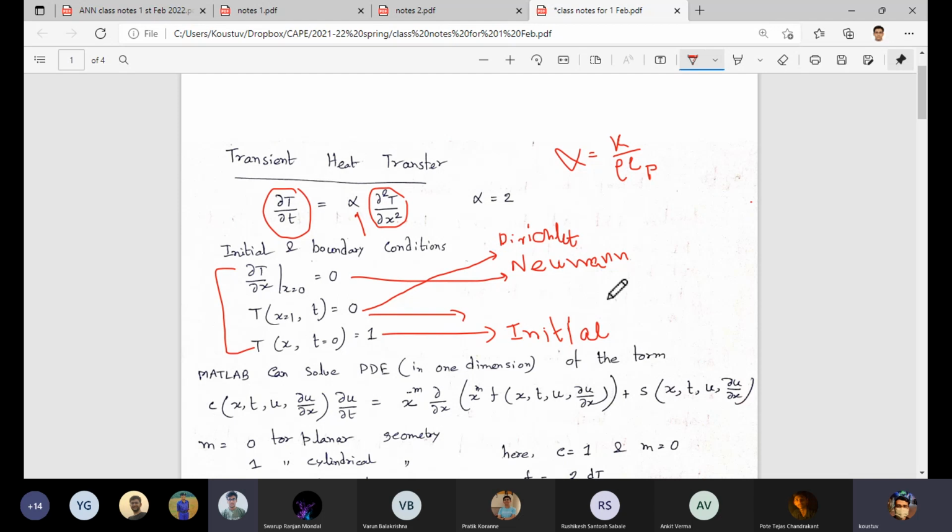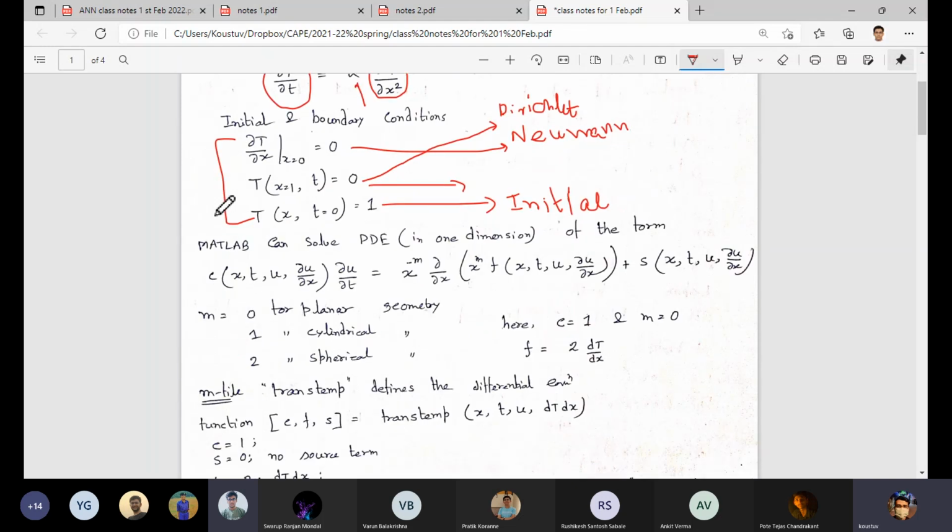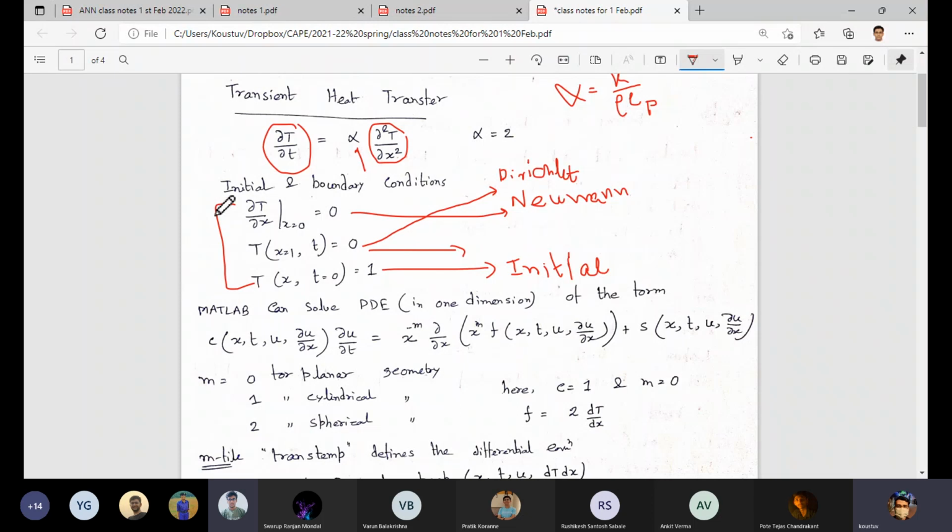Okay, so with this, this equation also looks like a non-dimensionalized equation, and therefore it's going to be easy to solve. So let us first see the approach, and then how to do it easily in MATLAB, that we will discuss. Okay, so this kind of partial differential equation is solved in general by the use of the finite difference method.